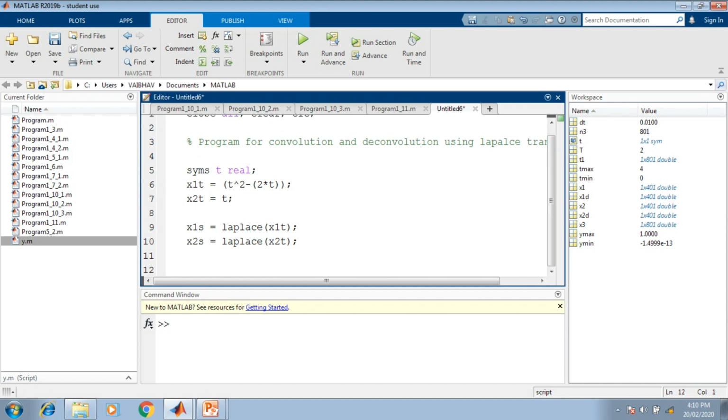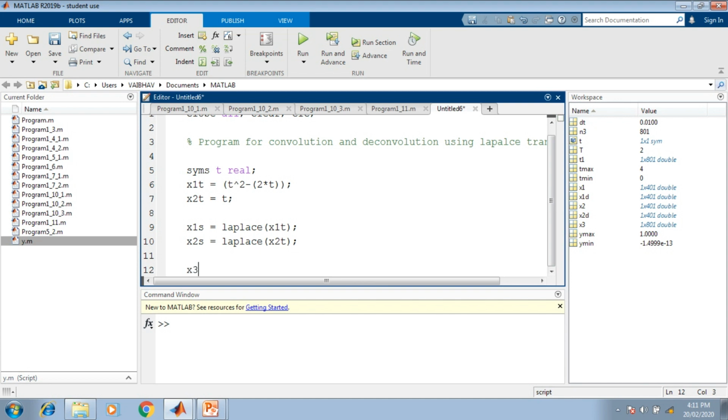Now we first have to perform the convolution operation, but we have transformed from the time domain to the S domain. We should know that convolution in the time domain is nothing but the product or multiplication of the two representations in the transform domain. In the reverse way also, multiplication in the time domain is nothing but convolution in the transform domain. So to carry out the convolution, we have to make a multiplication, as we are now working in the transform domain with the help of the forward Laplace transformations.